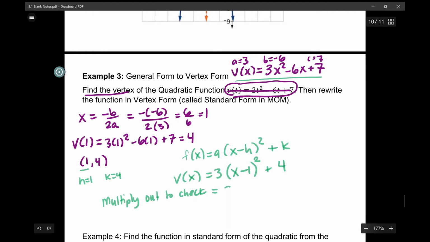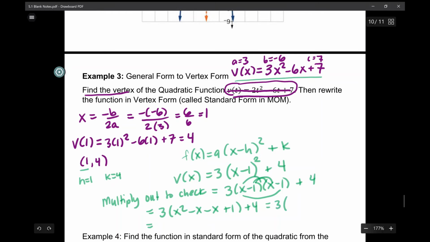All right, let's FOIL this guy out. Remember, x minus 1 squared is x minus 1 times x minus 1. So this is going to be equal to 3 x squared minus x plus 1 plus 4, which is equal to